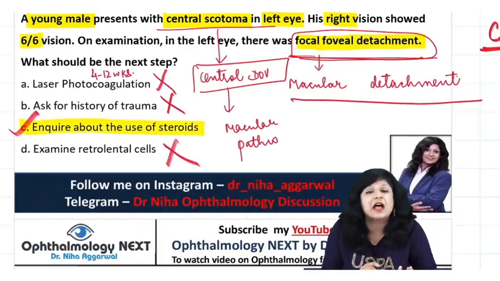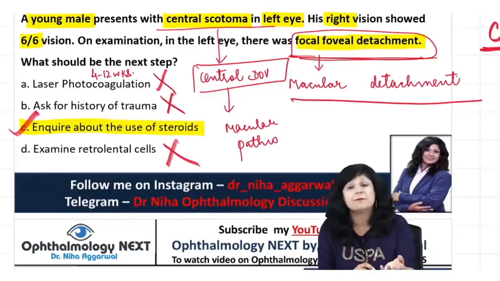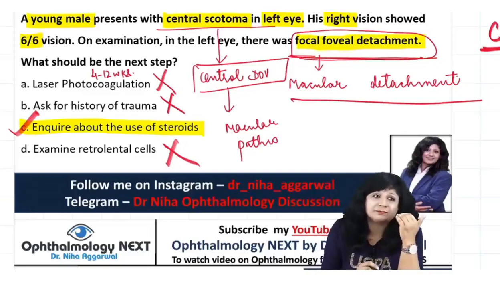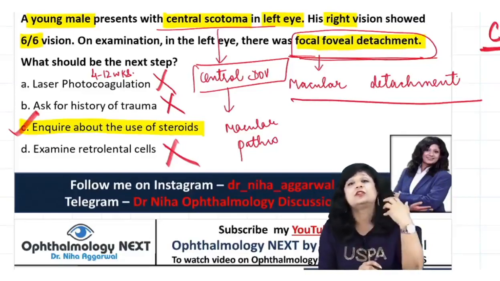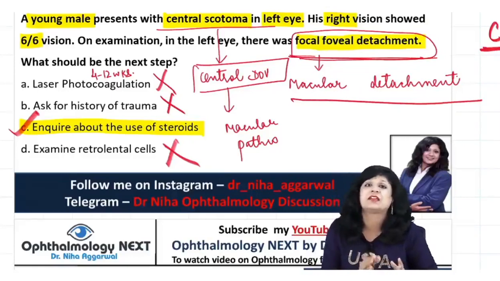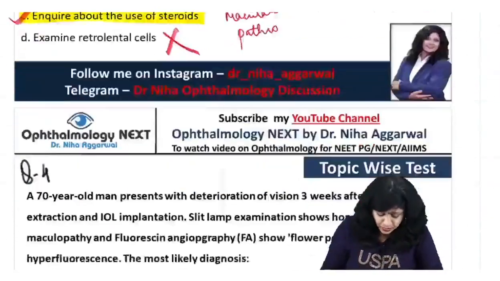So we have to ask if you have taken any steroids, smoking history. Then you should ask about the business history. You will know about the amount of stress is there or not. Then you can ask about the previous history, if there was any previous attack, because recurrent attacks are also common in cases of CSR. All right.